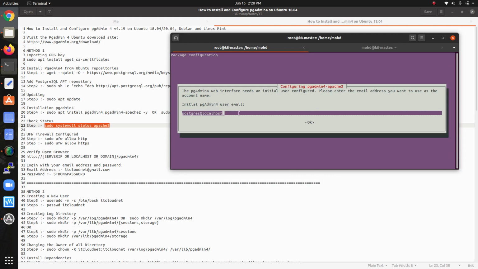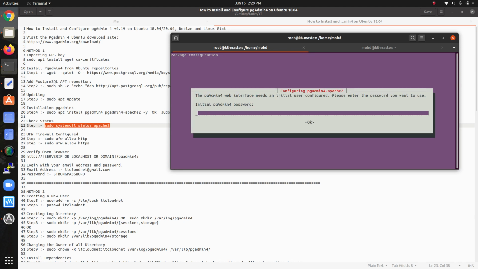This is the initial email ID for Postgres, which I'm not changing here. If you want to put a different email ID, just replace this one and you can add it. Here on the screen you can see this is the IT Cloud Net address which I have given. In place of that, you can add yours, but by default I'm keeping this one only, postgres at localhost. Okay, the password for this installation, as I said, is initially created as password, and I am giving the password here.